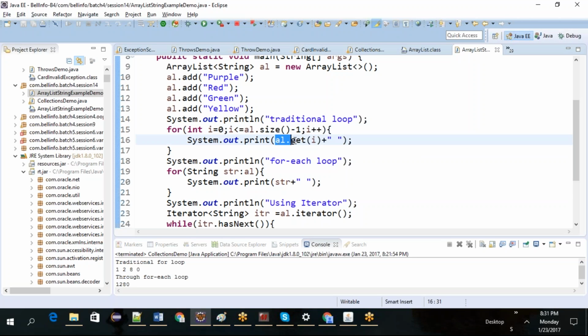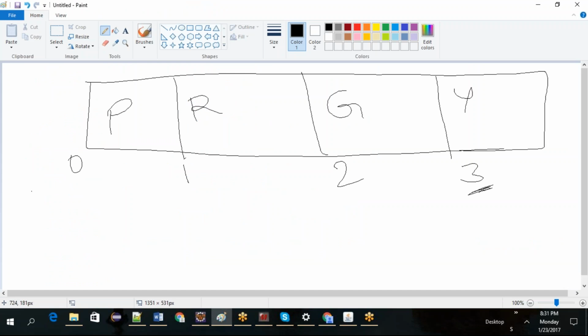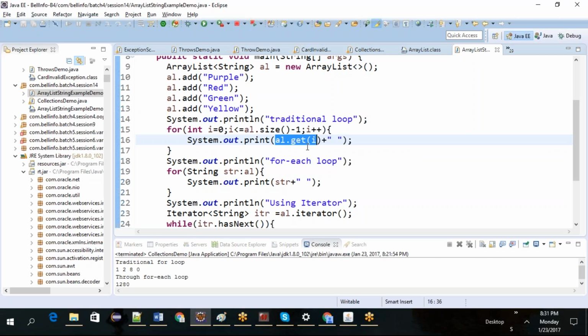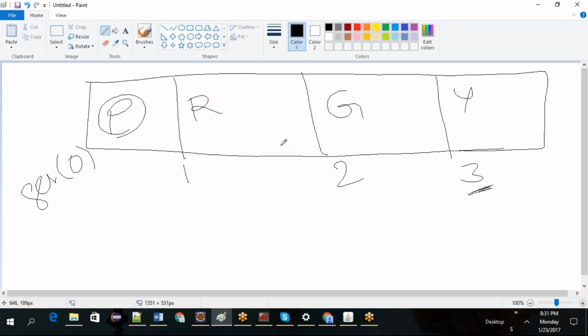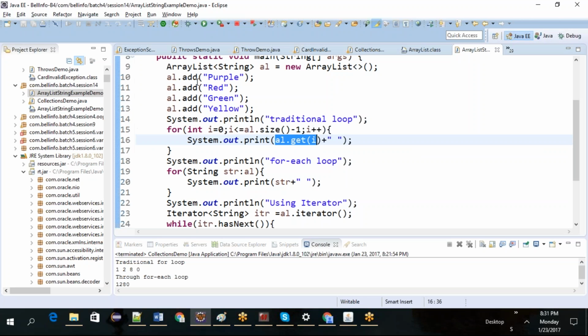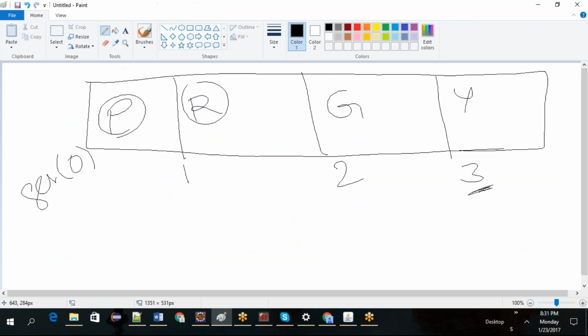So what happens? AL dot get of 0 the first time. What will you get? Purple you will get. Okay. So that's what you will display here. And if you get of 1, you will get red. That's how a typical for loop runs. But for each loop, what will happen? The same thing will happen, but it directly accesses, for each